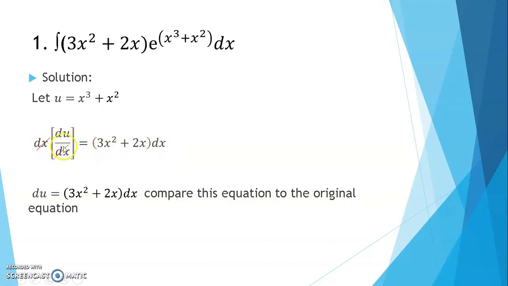We multiply both sides by dx. Then we get du equal to (3x² + 2x) dx. And compare this to the original equation. If you want to see it more clearly,